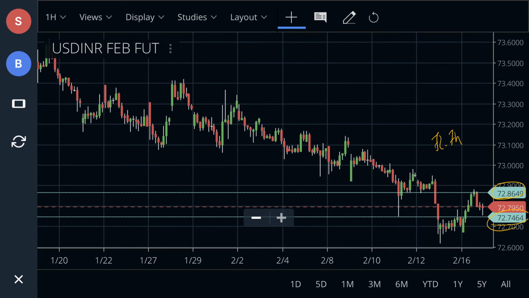In the worst scenario, if USDINR breaches the support level at 72.74, we sell, and the targets are 72.70 or